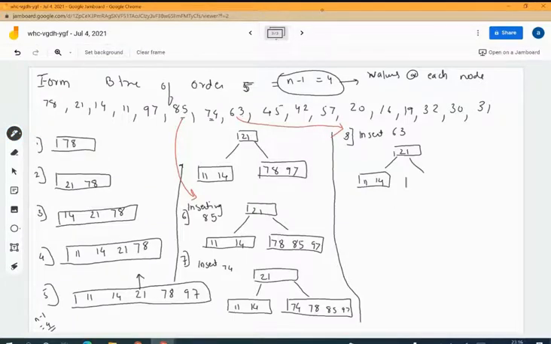But when I insert 63, see how it will become 63, 74, 78, 85 and 97. But this is having 5 values. So again, as per the condition, we need to pull up some element, because there is an overflow that is happening. We'll call this overflow. Overflow is occurring. So I'm going to pull one particular element.